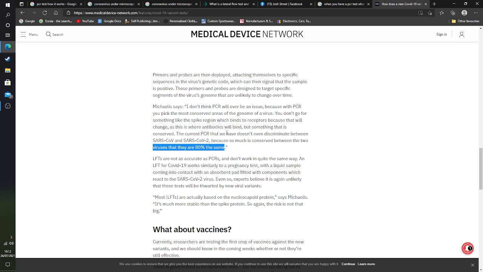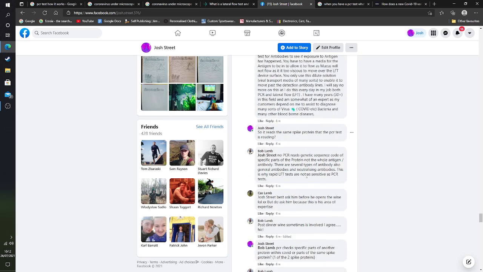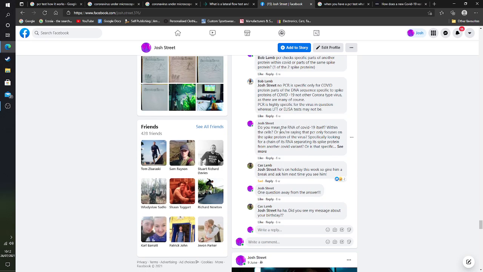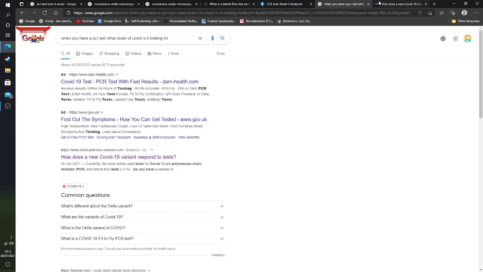So that leads me back to what was the final question here, which was basically about how PCR focuses on the spike protein, specifically looking for changes in its RNA, so blah, blah, blah. Or is it a specific piece of coding found in another variant? I think so. Basically, what I was trying to say here was that